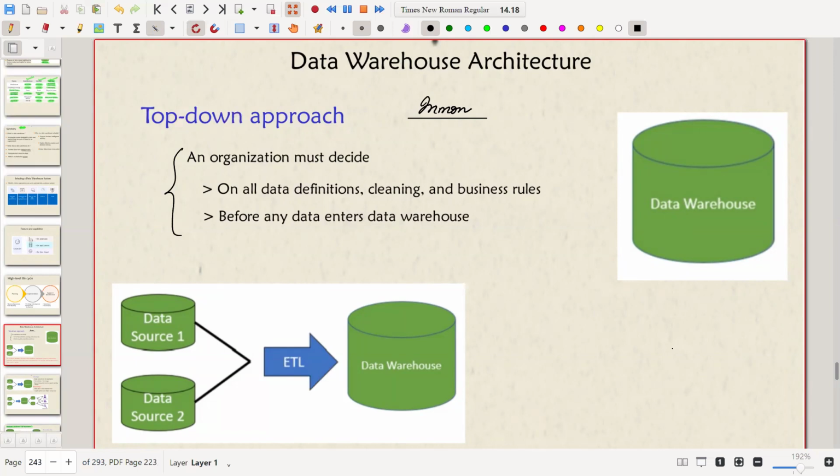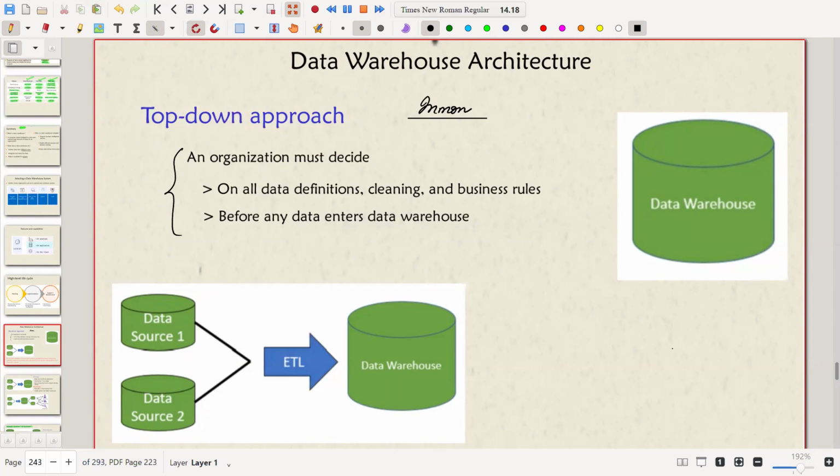Why do we need to think of this approach? Because last class I taught you that once the data enters into a data warehouse, it is very difficult to change. Once the data enters the data warehouse, it is very difficult to change the data in it, right? That is what we saw last time. So those who still find it new, I suggest you go back and see it. That was one of the most important points in a data warehouse. Once it enters, you cannot make any change. Therefore, try to make any changes, any cleaning, anything possible before it enters the data warehouse.